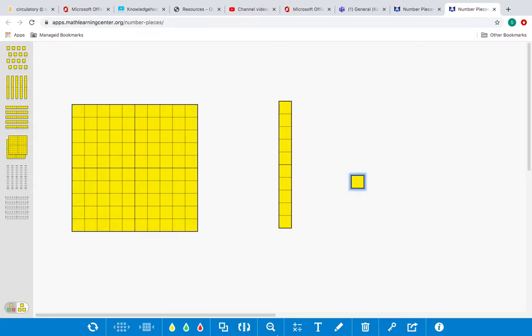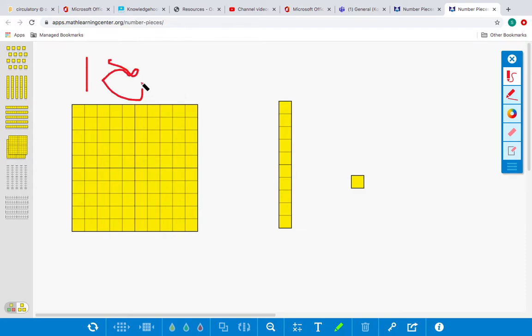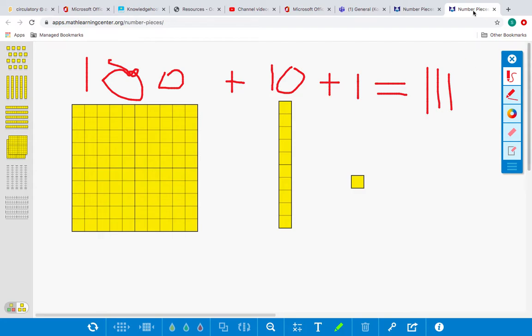And they can build their number. They can use this to draw it and go, whoops, I can't draw, 100 plus 10 plus 1 equals 111. You could do that. Okay, anyways,